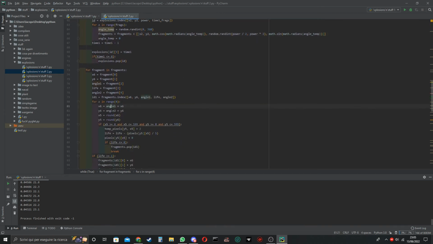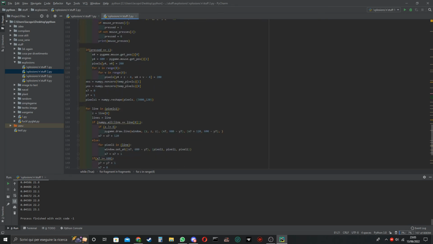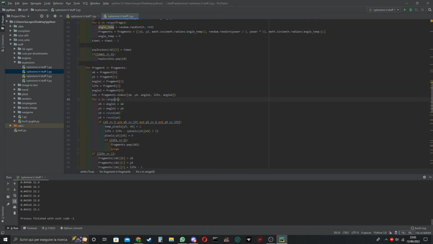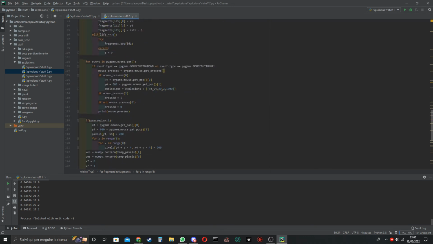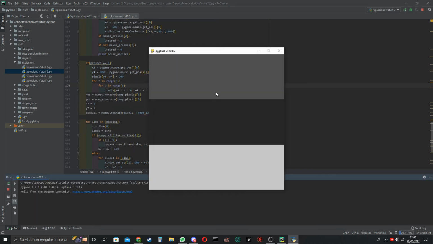So here we're just going to add the pre-calculated value, and we also slow it down to get better performance again. So we move it by 4 pixels per frame, and then the rest is the same except for the part where we draw. So we got this drawing function, which actually works, and of course we got the explosions,